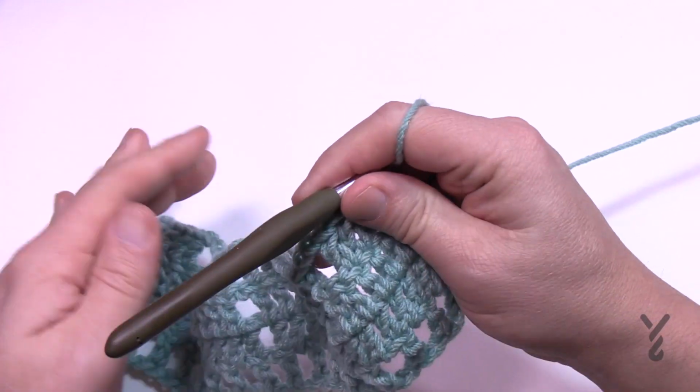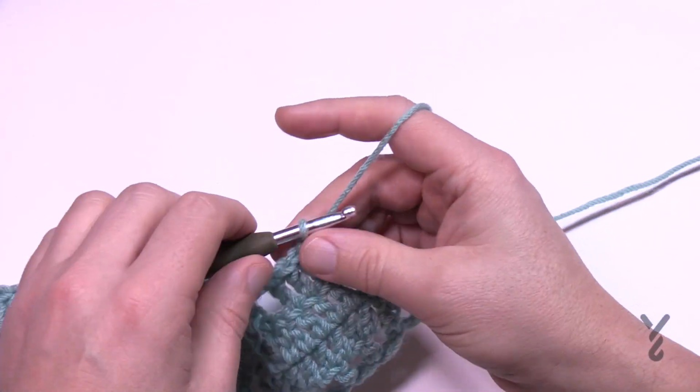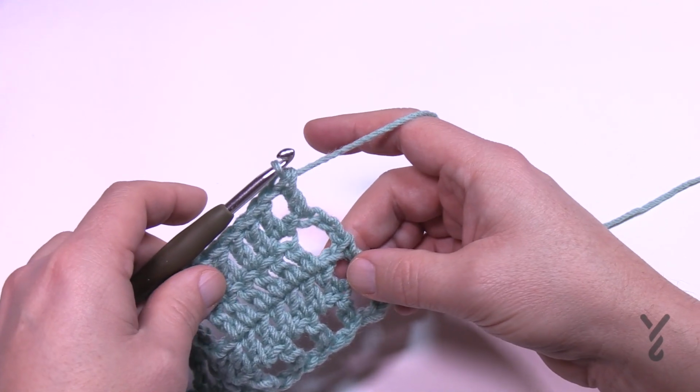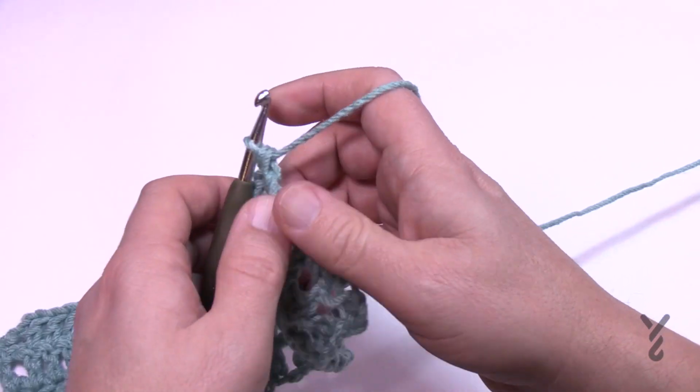So you can really start to see it taking effect at this time. Once you come to the very end, just chain up 1 and go to the 3rd chain to keep that space there. So that was row number 4, and then row number 5 we're gonna turn our work and then look at